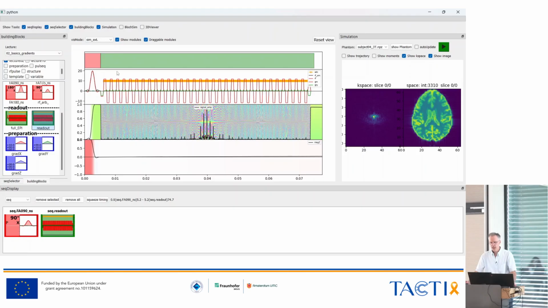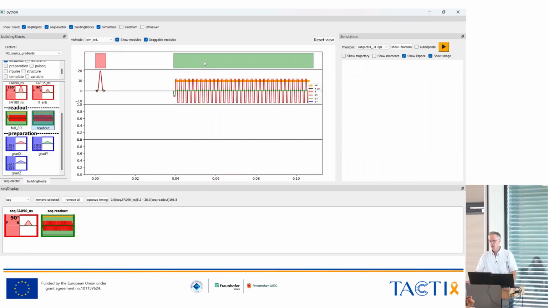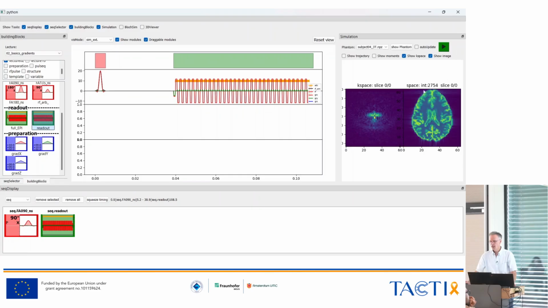What you now can do is, in the upper row here of your sequence diagram, there are those different boxes. And red is typically an RF pulse, blue are gradients, and green are readouts. You can grab this by clicking with your left mouse button and move it around. So you can just say, okay, you excite your magnetization, and then you just leave it for a while, and then you're reading out your signal. And then again, your image will just show here yellow. So you have to click to get your updated image, and then you are getting a